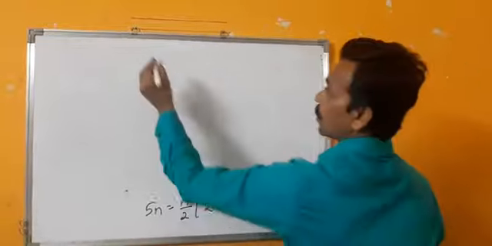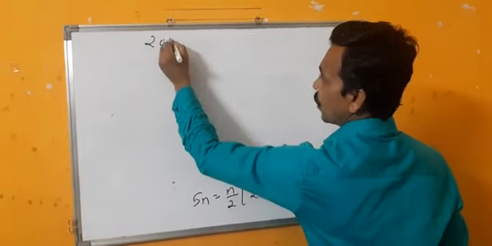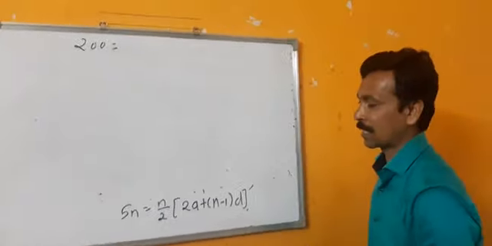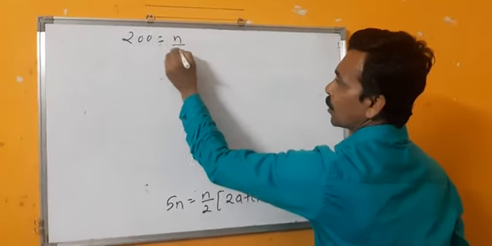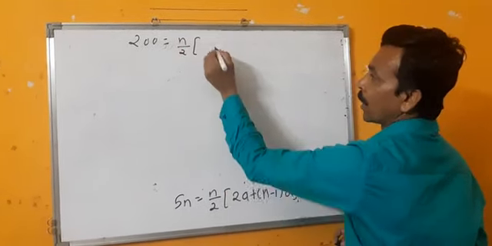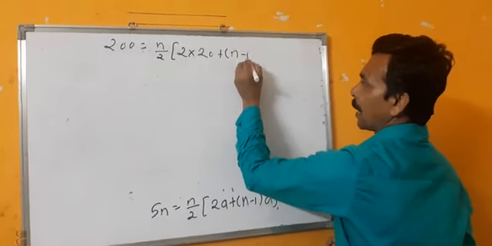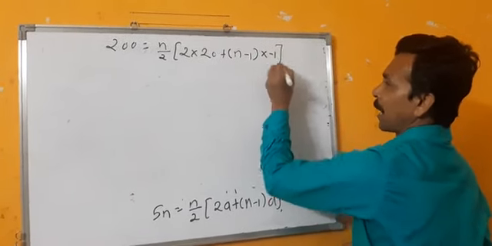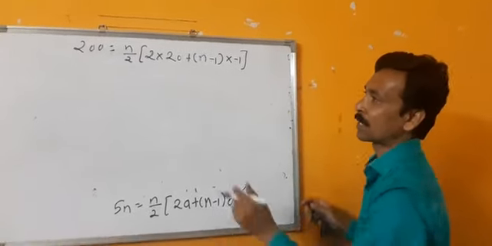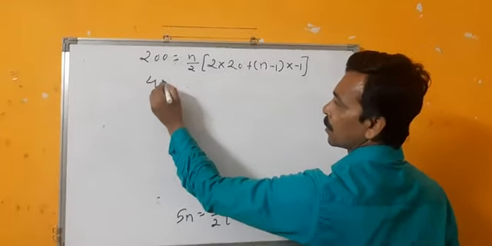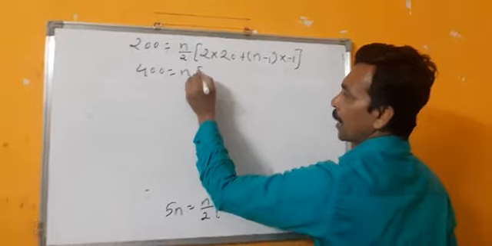Okay, so Sn is given as 200 because the sum of logs is given as 200. n upon 2, n we have to find. 2A means 2 into 20 plus n minus 1 into D, D is minus 1. Do the cross multiplication. 400 is equal to n into